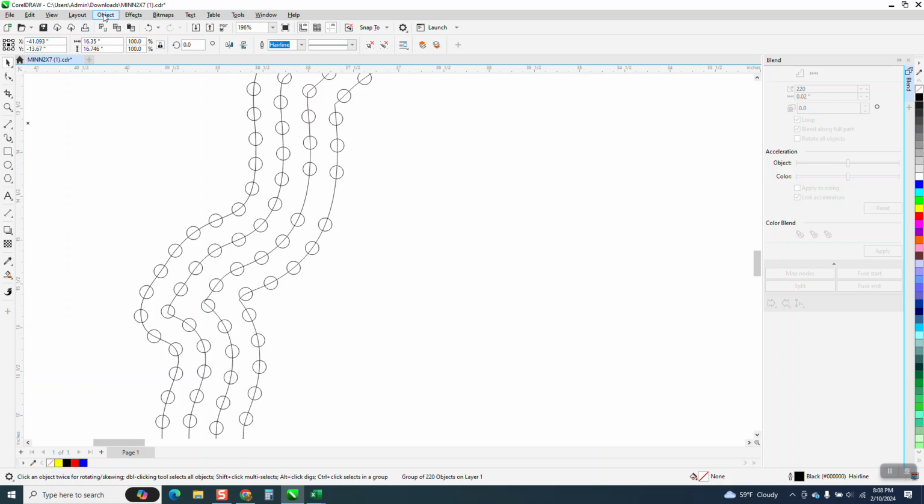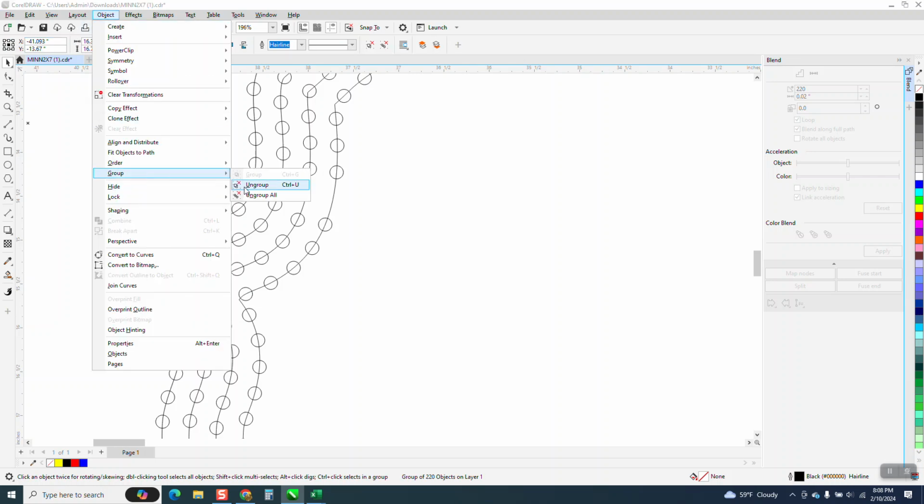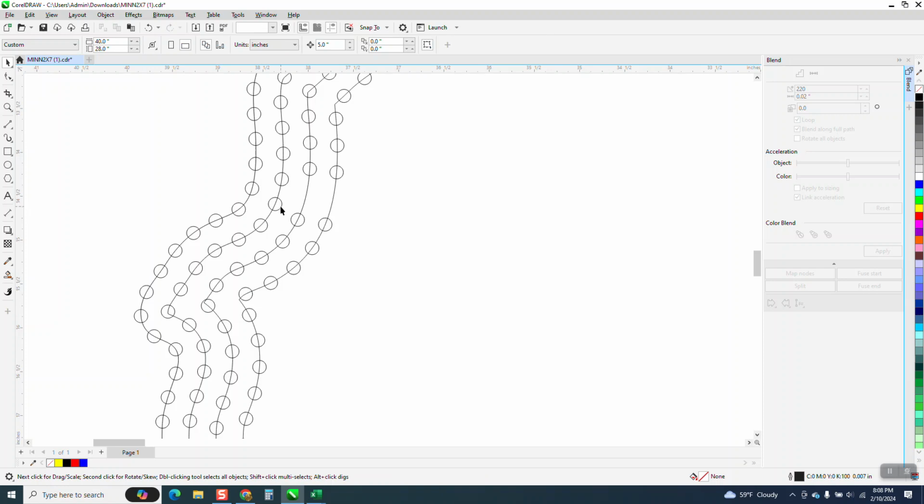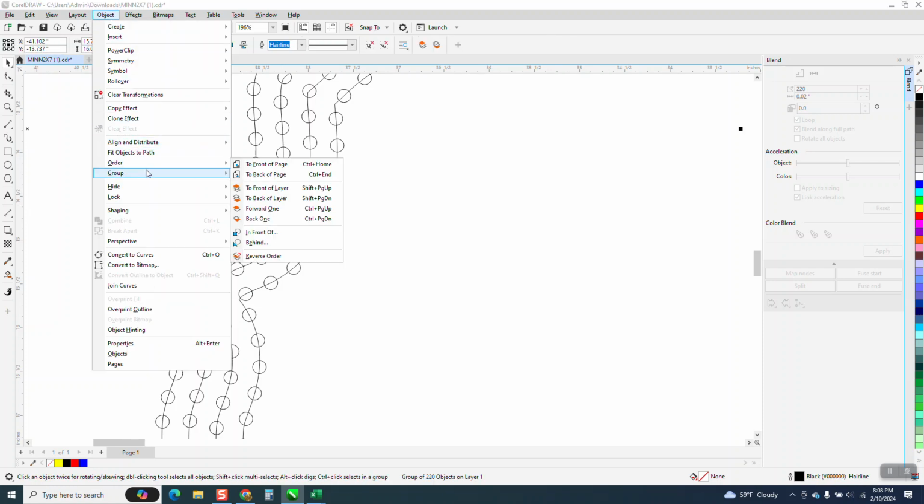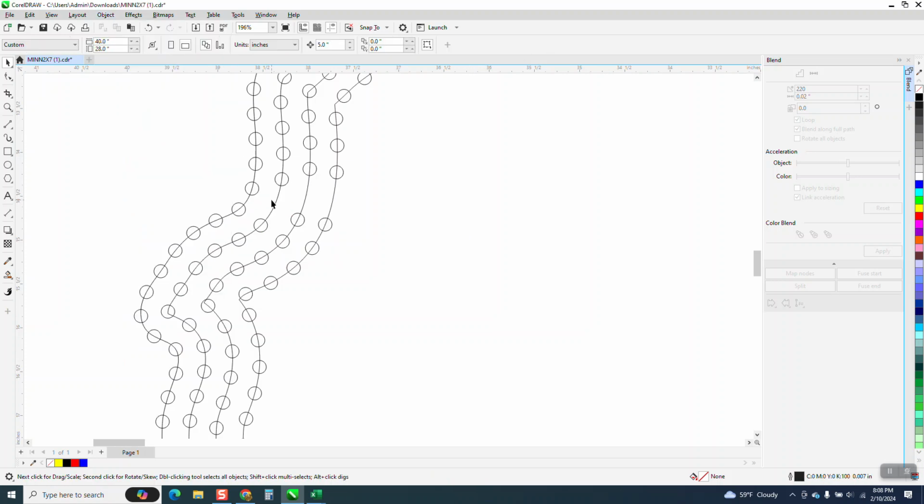See, it's selecting the whole thing. Go to object, group, and ungroup, or Control U. I probably could have ungrouped all. And see, that's where the lines are kind of messing you up. But if you put a start line across there and put start and stop,